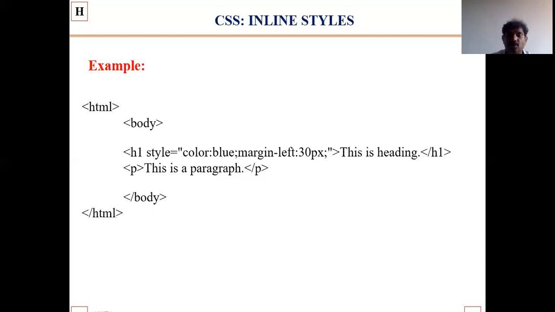We are using the H1 header here. The style is equal to color, with the value blue, and margin-left 30 pixels. This is the heading, closing the H1 header, and a paragraph. This is a paragraph, closing body and HTML. This is the inline style for cascading style sheets.